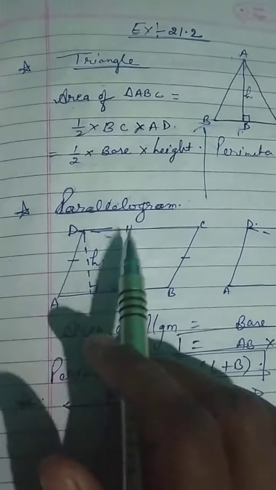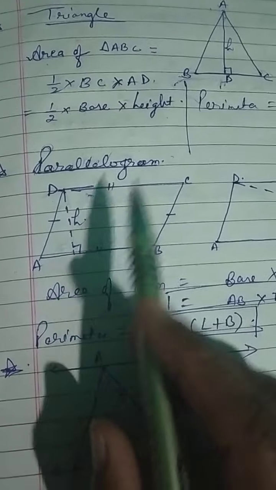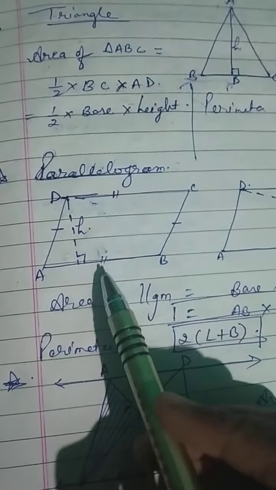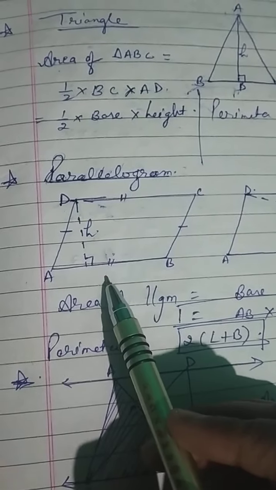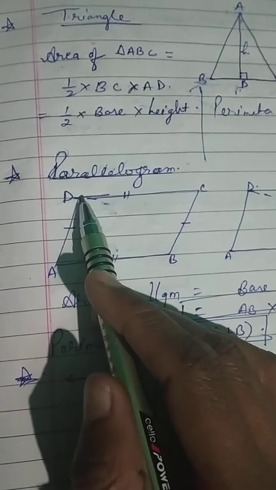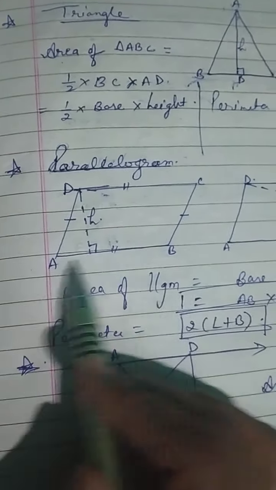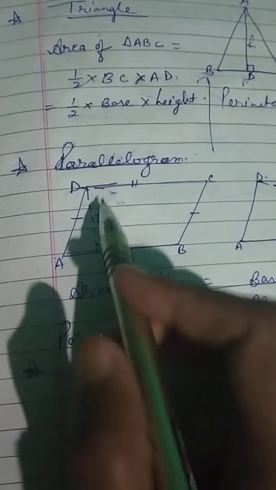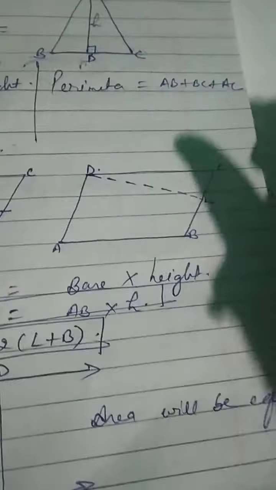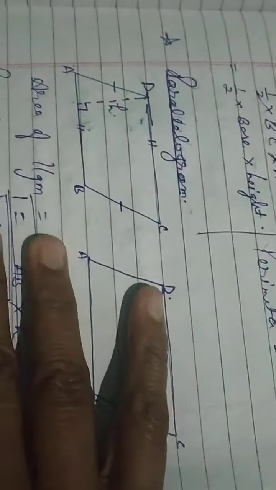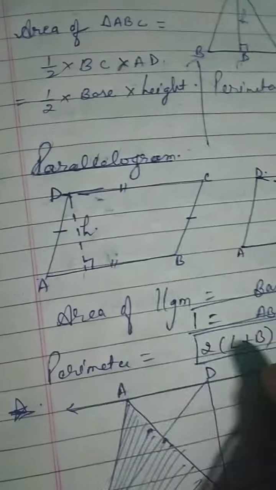Okay. Area of parallelogram. In this, students, you know, in a parallelogram, opposite sides are equal. So these two sides are equal and these two sides are equal. And this is the height of the parallelogram. If this is a base, corresponding to this base, this will be the height. And if you see the parallelogram this way, according to this base, this will be the height. So if the height is this, the area of parallelogram, you can write, base into height.